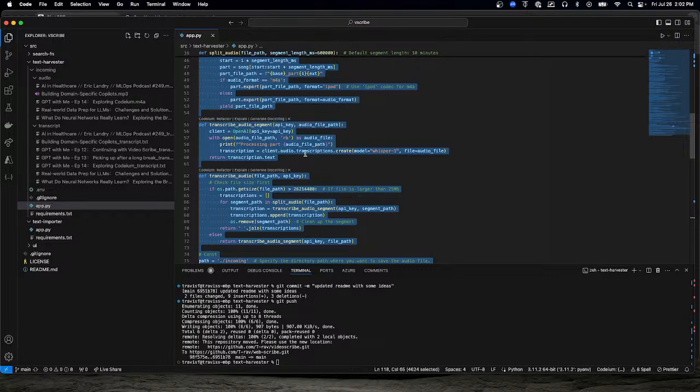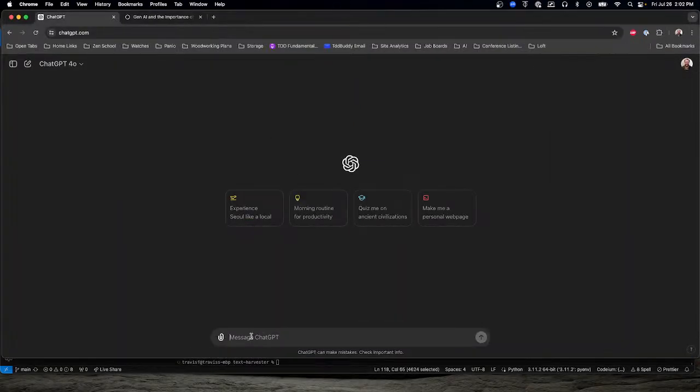So we're going to take this and head over to ChatGPT and say, given this code, let's refactor it so the, what method was that?